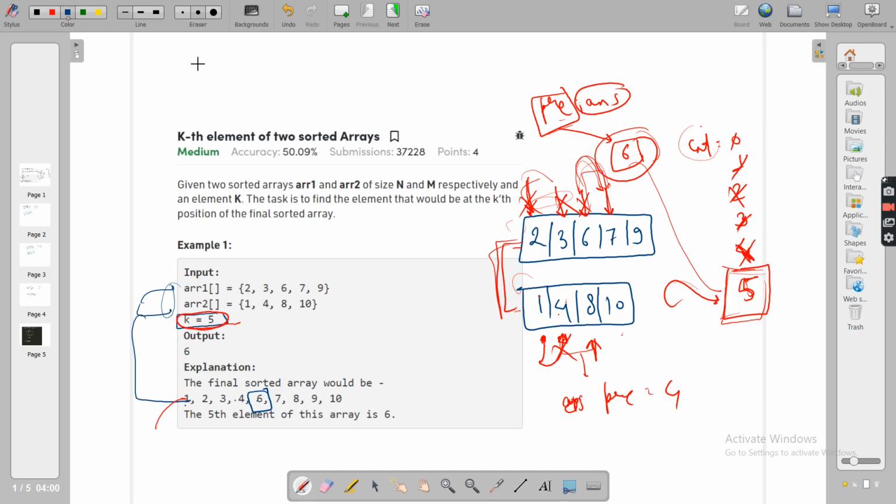First of all, what I'm saying is, once you encounter your fifth element, let's say it was x. Right now it is 6. But don't get into what this element is, let's say it is some element which is x. We don't want the other elements 6, 7, 8, 9, 10. So if we need the kth element, we don't consider the k plus 1 position, k plus 2 position. We don't want positions greater than k. Getting it, guys? So all the elements with positions greater than k, we don't want.